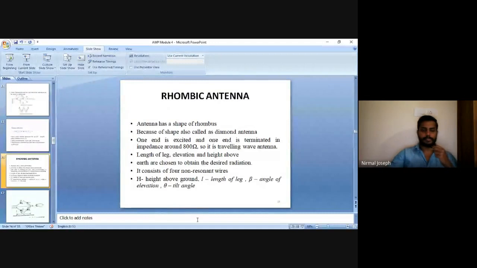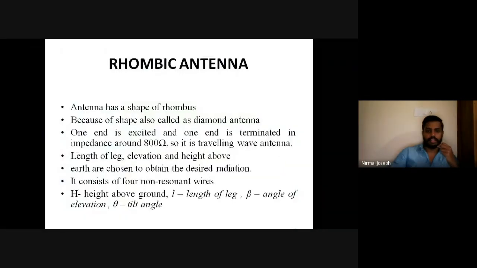So it is a traveling wave antenna, and hence the radiation pattern will be unidirectional. The length of leg, elevation and height above Earth are chosen to obtain desired radiation. Okay, here the desired radiation is determined by height above the ground, that is H, and L, that is the length